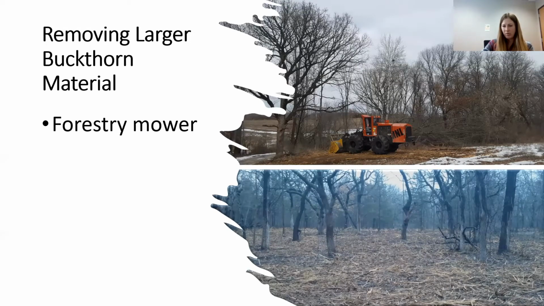Obviously, when you're going to move something really large like this forestry tractor, you need room to turn around and navigate. So you have to select your equipment based on the density of the native trees and shrubs already existing on site. But you can move through an area fairly quickly. So if you're dealing with a site that's larger than 3 acres or a site that has a really dense infestation, this can be a really effective way of removing the material.